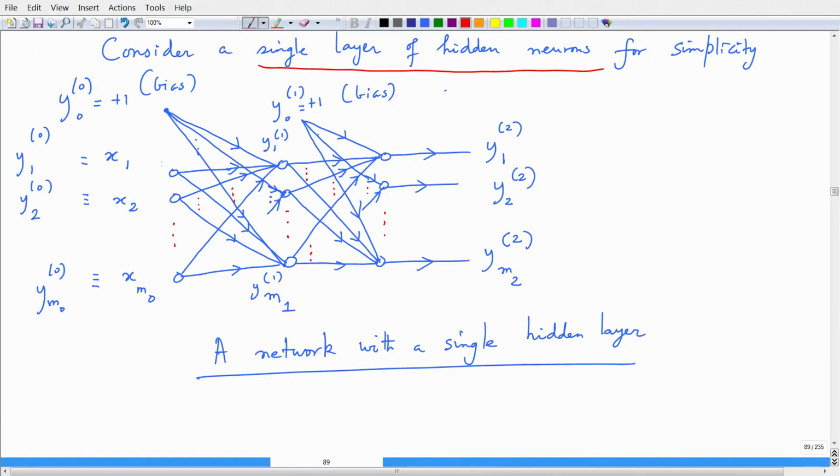Okay. Now at the input here we have these neurons, there is also the circle here. So the inputs there are I mean the neuron is really not a neuron here, because we do not have the functionality of a neuron. We just indicate these by these circles, but they are just inputs, right. Excluding the bias, we have m naught set of inputs. So this is excluding the bias, m naught inputs excluding the bias.